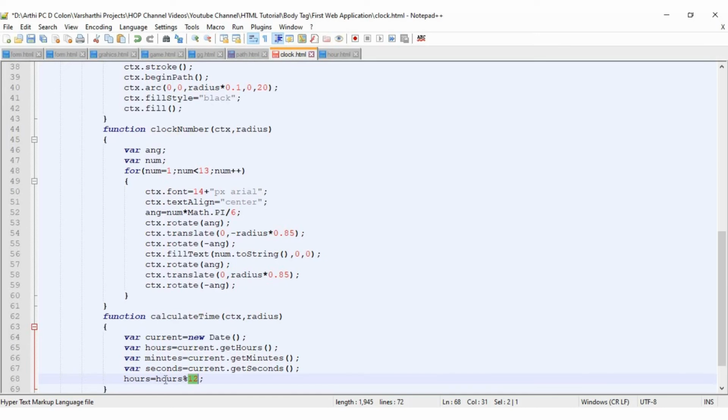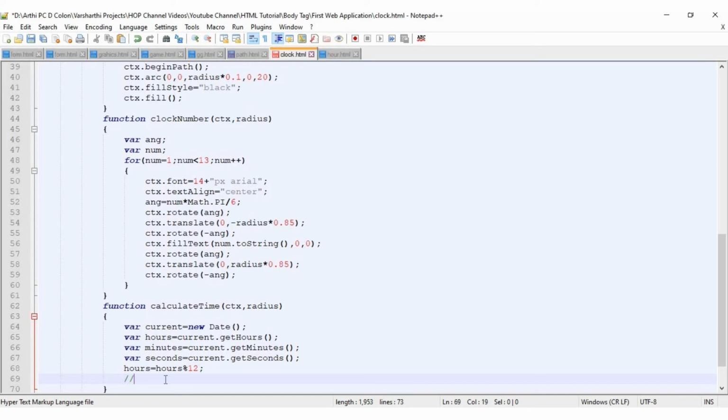So for example, if the time is 10:20, the hour value will be 10, right? At this step the variable hours will get the value 10 if the time is 10:20, right?